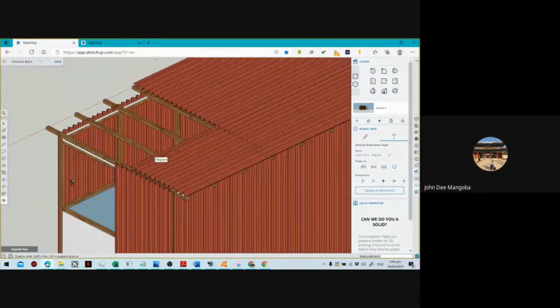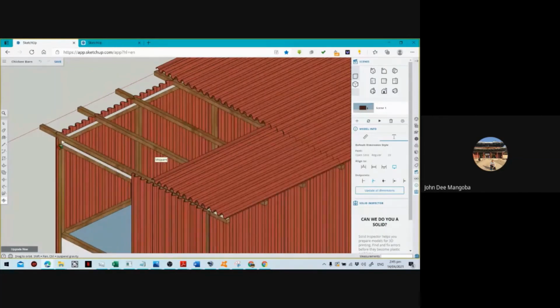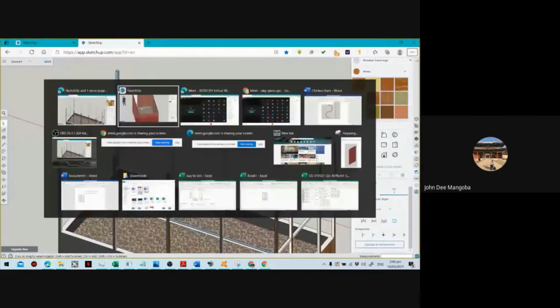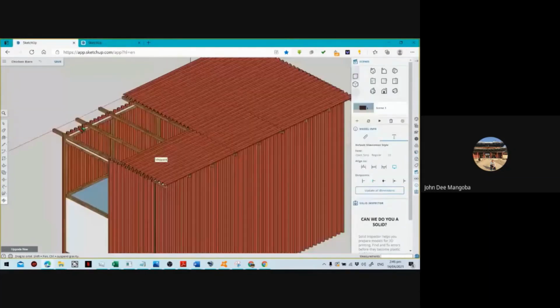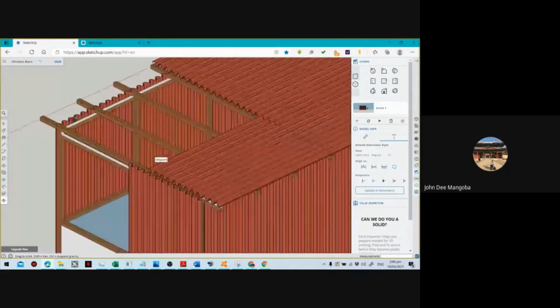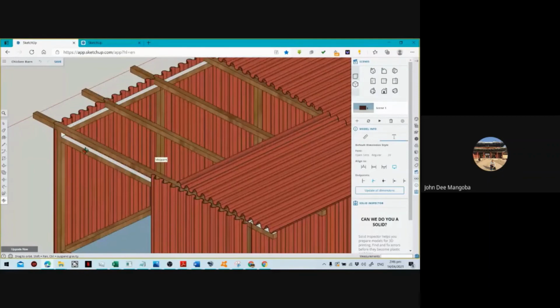So, una, maglalagay muna tayo ng connection dito sa baba. And then, yung pagpapag. Okay. So, in this case, yung gagawin natin para dun sa likod, this is the back that is showing. What we'll do for this one ay